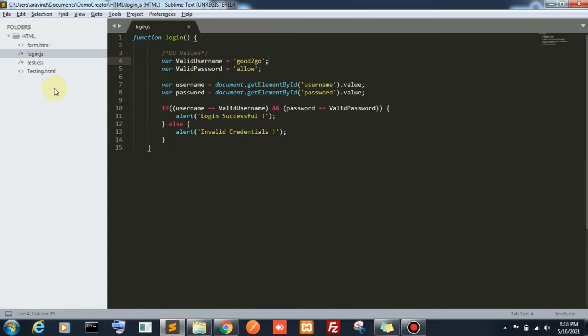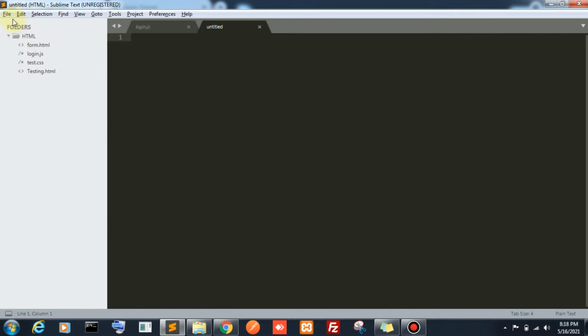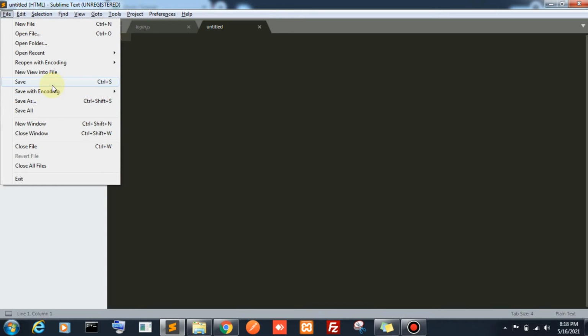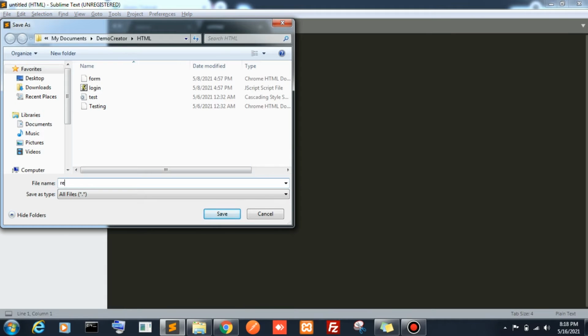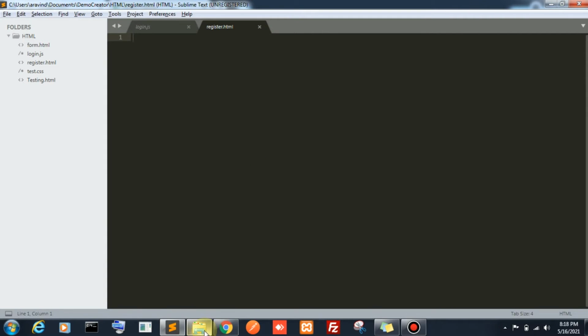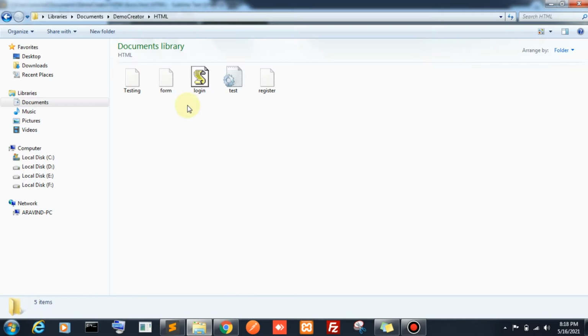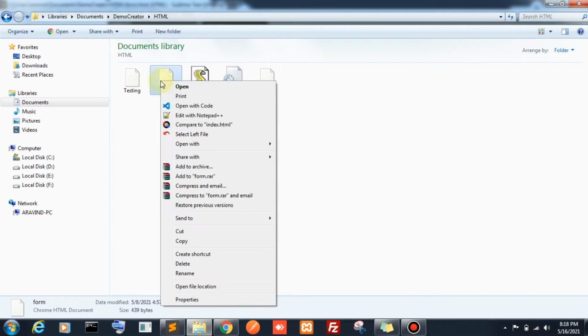I'm using the previous folder. I'm going to create one HTML file called register.html. In the previous video we were working in form.html, which is a login page. Let me reopen that form.